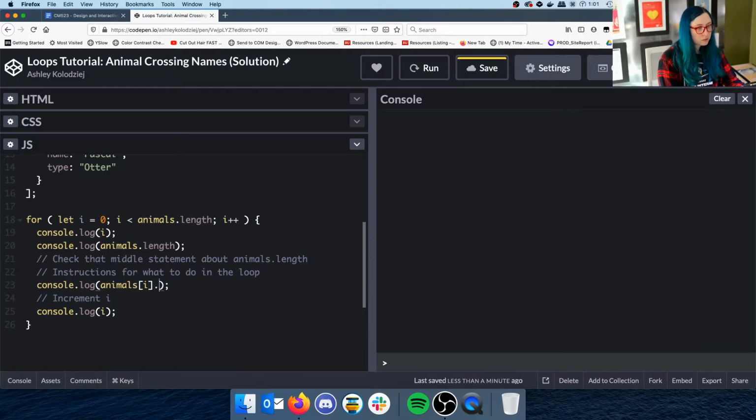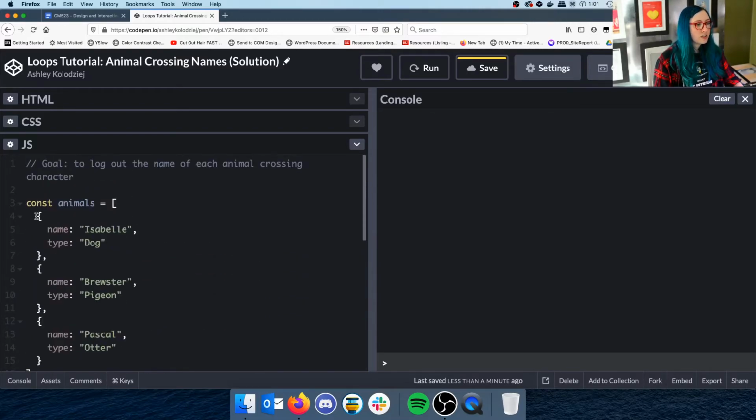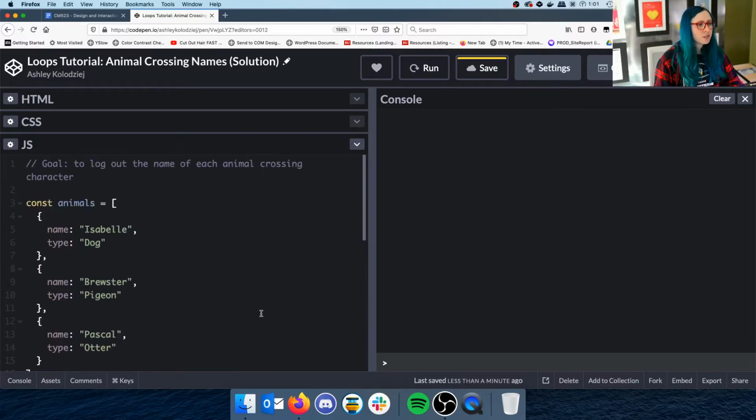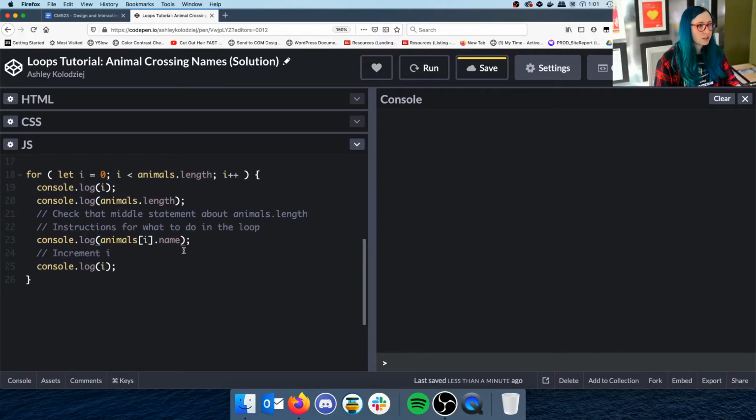And then finally, we are going to say that using dot notation, because each of these is an object inside of the array, we want the name. And remember, you can use the curly braces to tell when something is an object. Objects versus arrays, right? Remember that arrays are for simple lists of stuff where you don't necessarily need to put a name around something, whereas objects are really good for when you need a key and a value pair. So key being name, value being Isabelle. It's a really good way to keep track of what's going on.